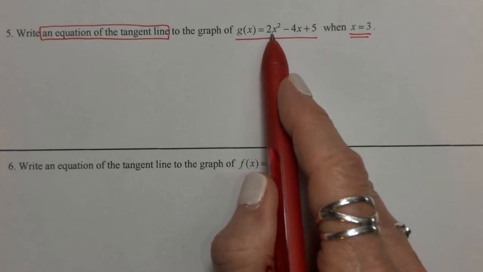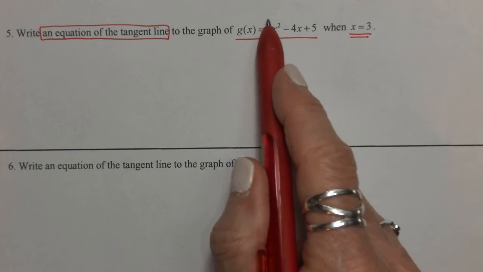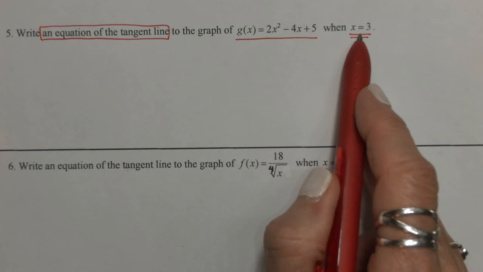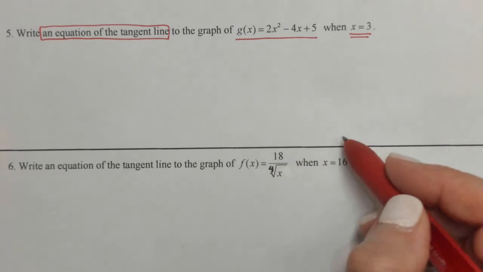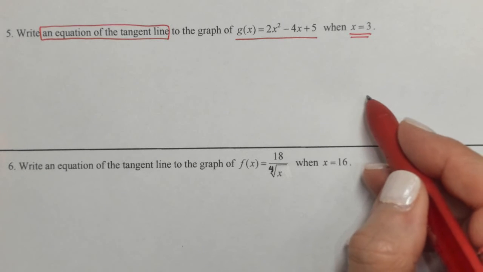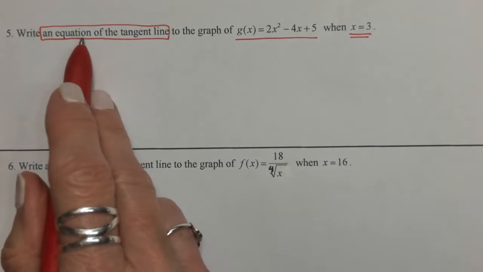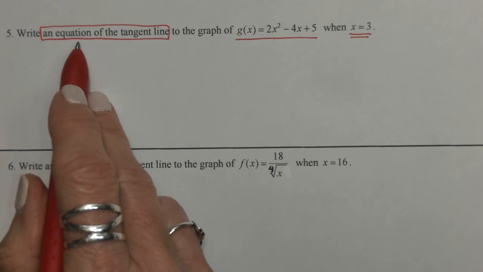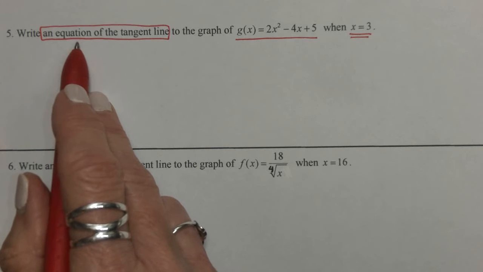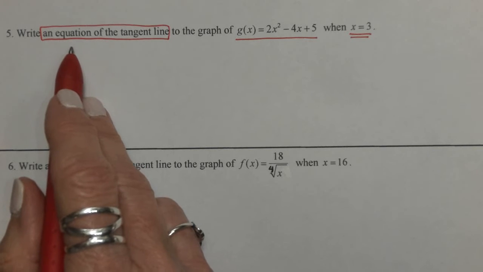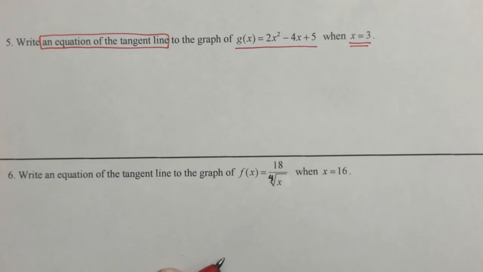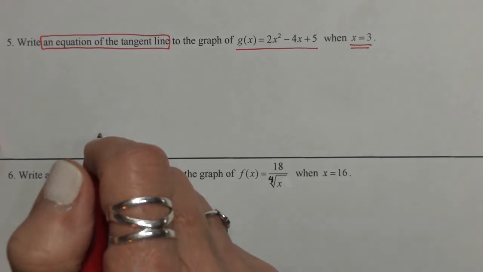This is a parabola pointing up, and when x is 3, it has a line tangent to it. We want to write the equation of that tangent line. This is a very common question that is asked of us in calculus: write an equation of a tangent line. And every time